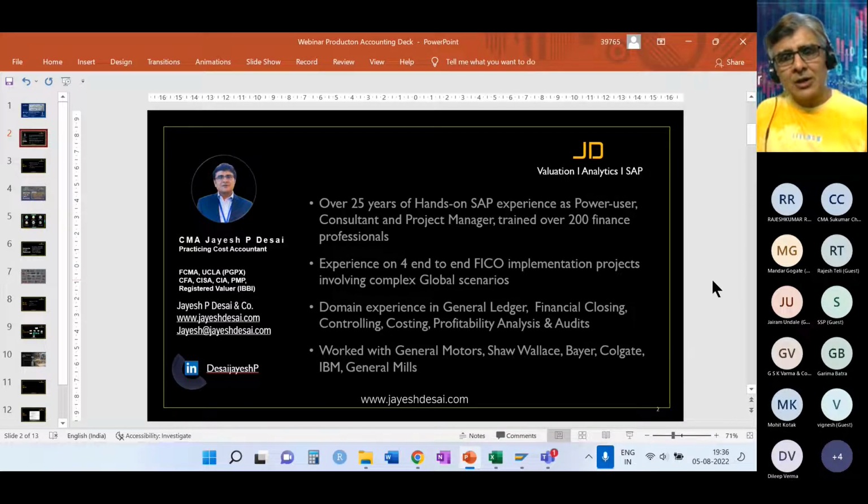I worked on a couple of implementations as a lead for the core group, as well as a consultant and project manager, working with Biocrop Science, IBM, Colgate-Palmolive, and General Mills. That was an interesting journey.